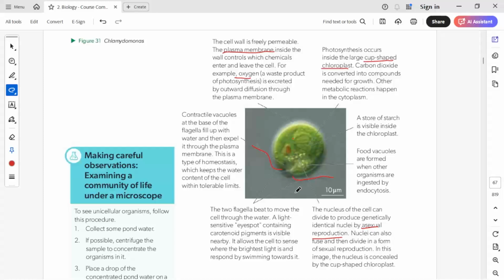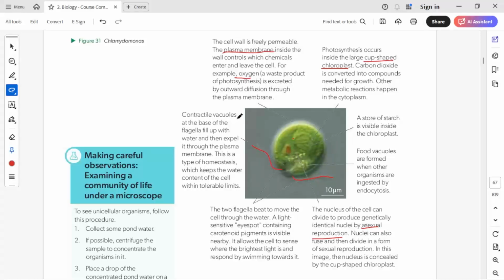So basically, what is the difference between cilia and flagella? Both of them are made up of microtubules, but cilia are very small in size and several in number, while flagella are generally very few in number, either one, two, or a few of them, but they are larger in size and they help in movement of the organism.